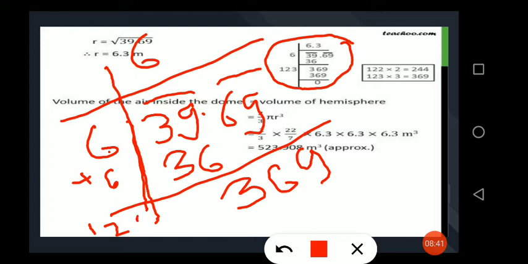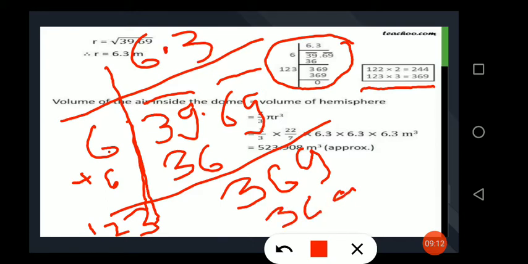If we write here 1, we will multiply by 1 only. If we write here 2, then we multiply it by 2. If we write here 3, we multiply by 3. Okay. So like this we have to find out. So here just see that 123 multiplied by 3 will give us 369. So here 3 and here also 3, and since decimal is there we will put decimal also. So 369, it gets cancelled.